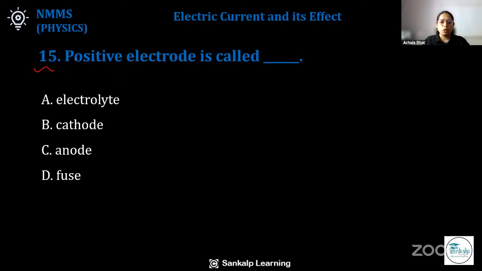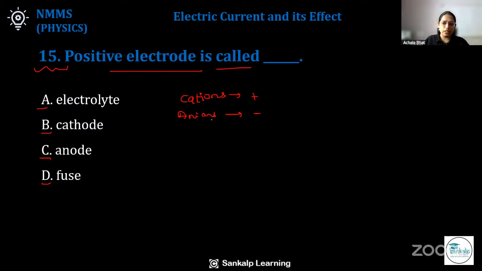Let us see question number 15 of NMMS Physics chapter Electric Current and its Effects. Positive electrode is called A. Electrolyte, B. Cathode, C. Anode, D. Fuse. Ions which are having positive charge are called as cation, and ions having negative charges are called as